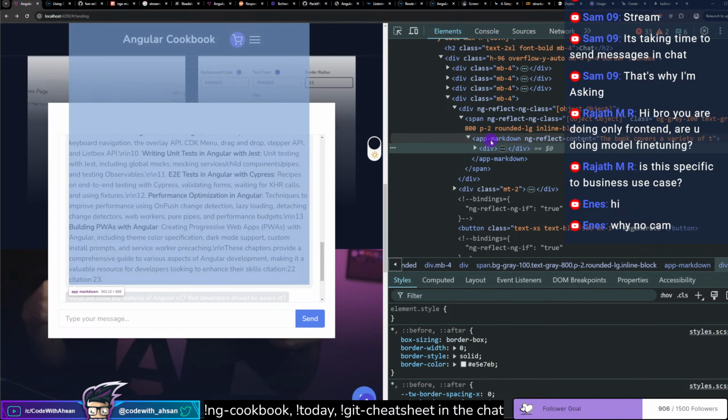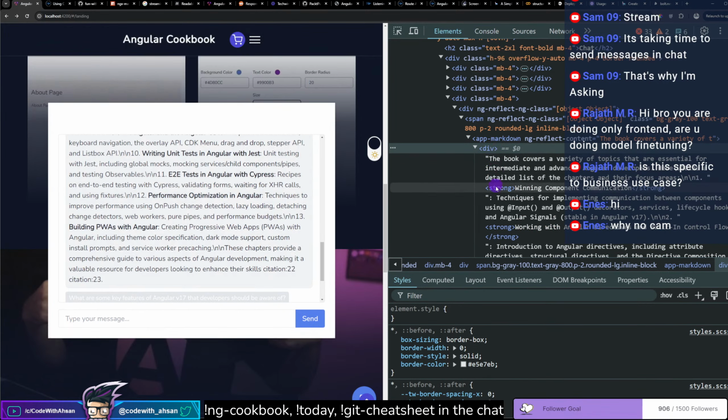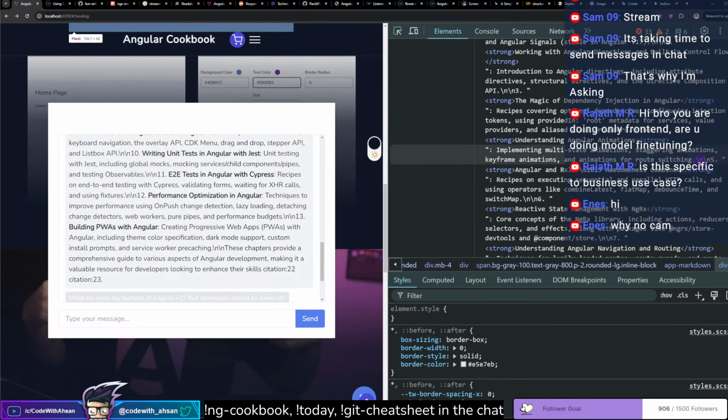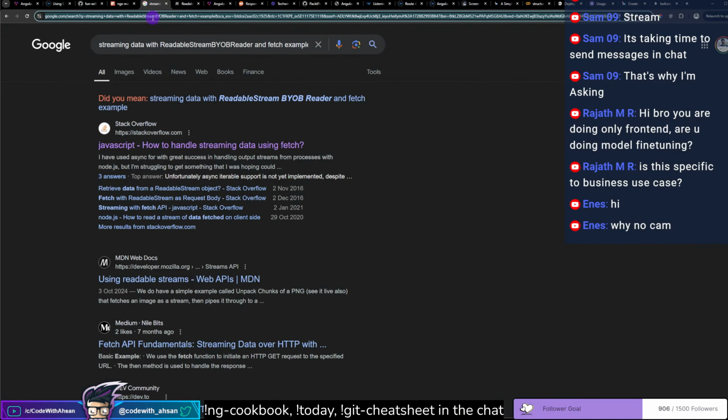In this case, is it because, so we have a div here, right? And then we got strong, right? But then when it comes to \n, it doesn't convert \n. So ngx,